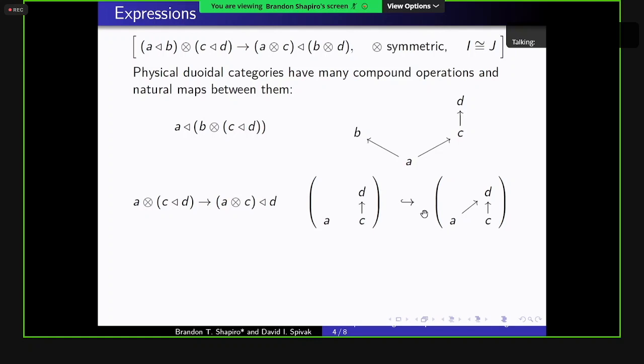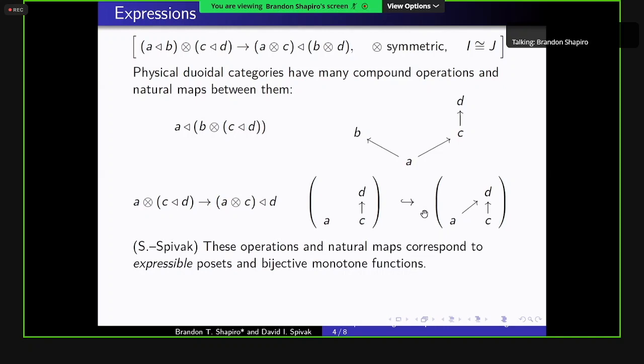And in fact, this is going to be a complete heuristic for when we have a map. So for instance, going from A tensor B to A tri B is just going from A and B placed disjoint to each other, the discrete two-element poset, mapping into the two-element poset with a relation from A to B. So we can see all of this more geometrically. And in fact, we proved that